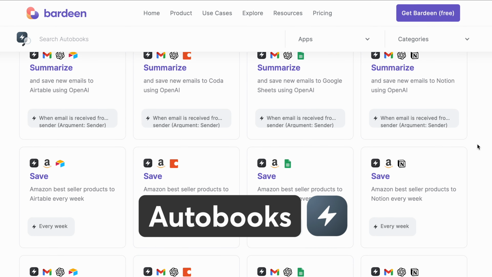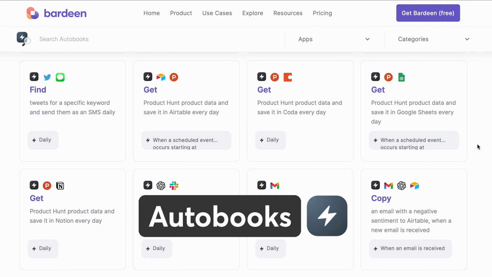I just showed you a pre-built notification automation, but the cool thing is that Bardeen already comes with hundreds of automations just like this one. So you can go to the Playbooks catalog or Autobooks because it gets triggered automatically, aka Autobook, and browse through the notification automations that are out there. You can enable them with just a few clicks. But in the next section, I'm going to show you how to build your very own ones, and the use